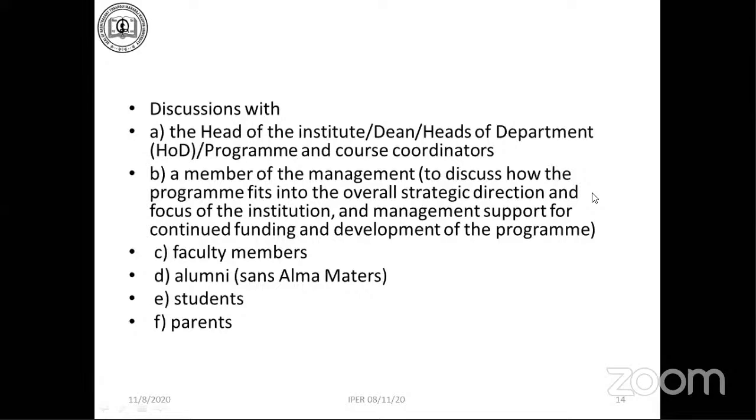Whatever the things which are available with you, with your institute, with your staff, you ask them to be free and frank to interact with the students and the assessor team. Because if nobody is telling anything to the visiting team, then it indicates that there is something fishy. So discussion with head of the institute, dean, head of the departments, program and course coordinator, member of management,